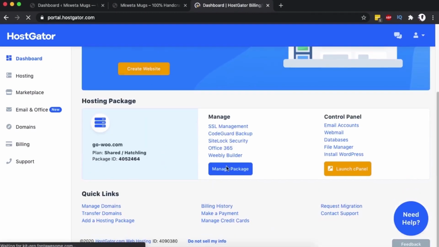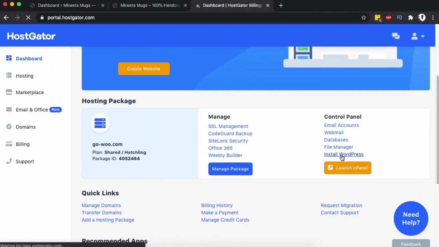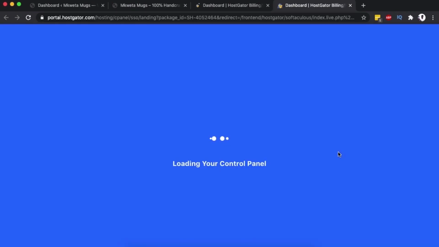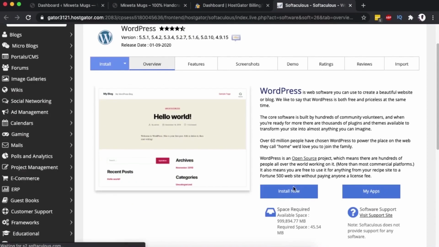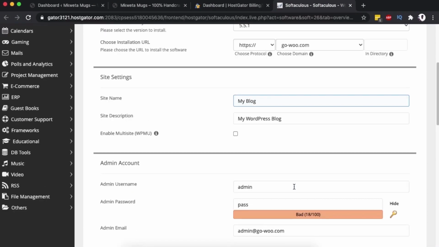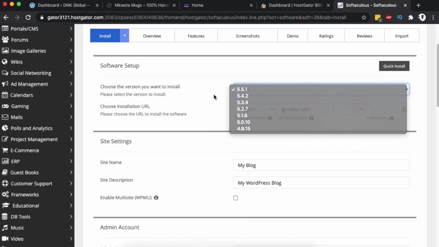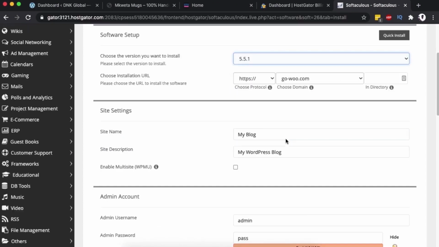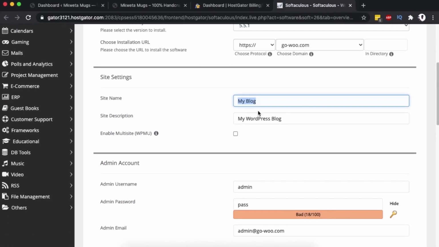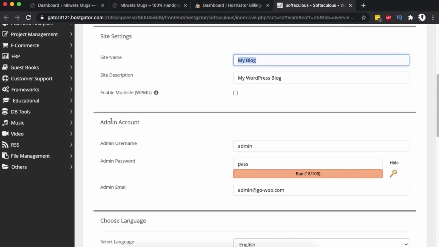And then you are simply just going to click over here under the control panel, click on install WordPress. This will take you straight to a portal whereby you'll be able to install WordPress on your server or on your host. And right here, I'm simply going to say install. You can choose the WordPress version or you can leave everything on default over here. We will change the site name and description later on, but the most important part over here is the admin